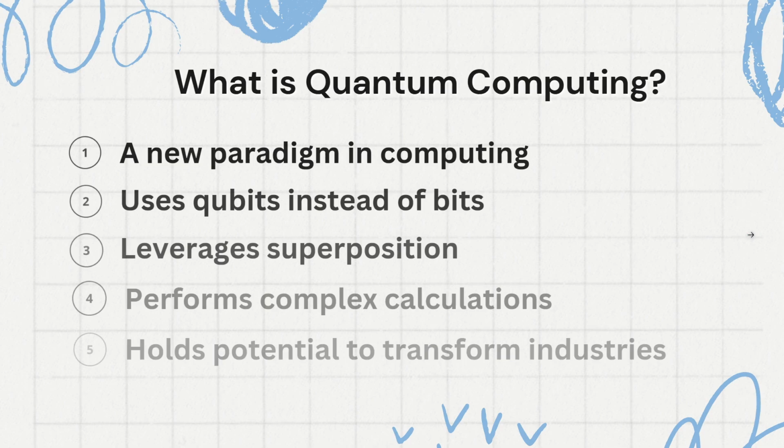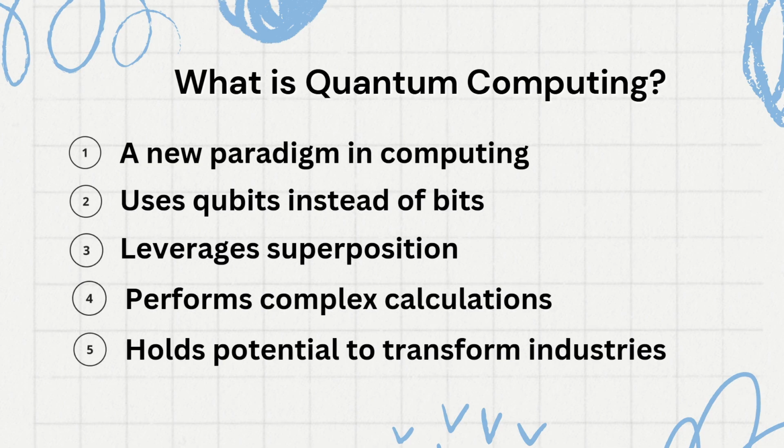To understand quantum computing, we need a brief overview of quantum mechanics. Quantum mechanics is the science of the very small. It's the rules that govern the behavior of tiny particles like photons, electrons, and quarks. In the quantum realm, particles can be in multiple states at once, as I mentioned with superposition, and they can be entangled with each other across distances.